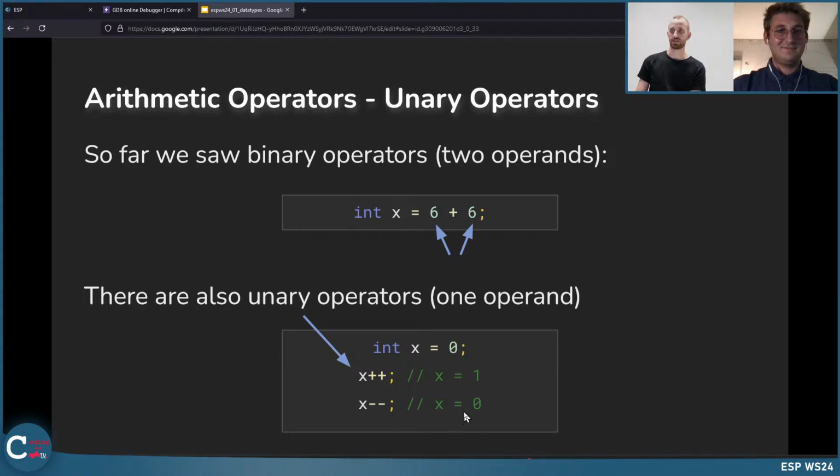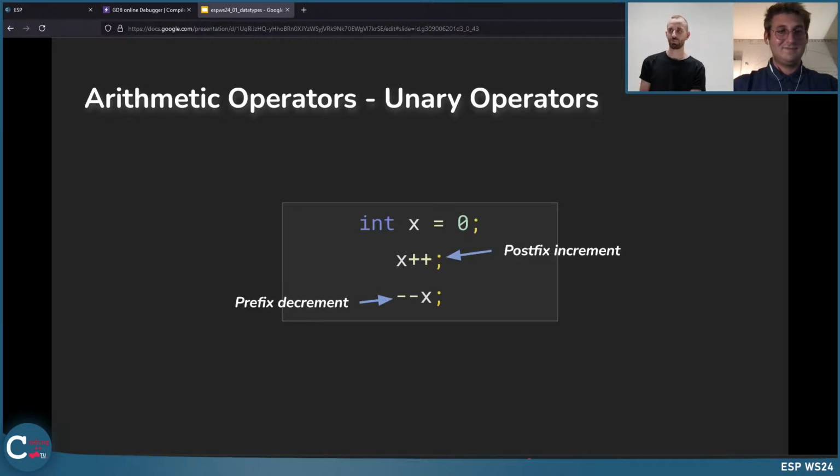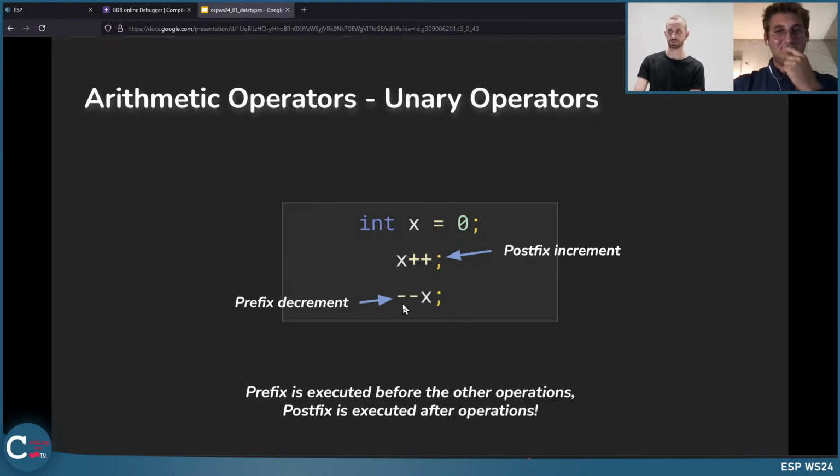So in this case, x is 0 again. That's very helpful, and you will use it very, very often in future, even though in the beginning it might be a bit hard to read. But this is maybe one of the most used operators of all. And this unary operator has a counterpart. We saw x plus plus, which is just an increment, called a postfix increment. You can also write, for example, plus plus x or minus minus x.